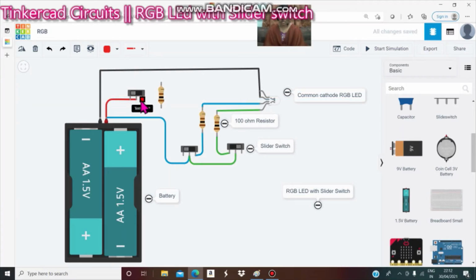Then this terminal of the switch is connected to one end of the resistor, and another end of the resistor is connected to the red LED.